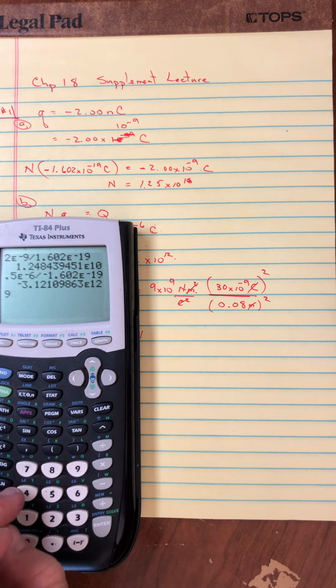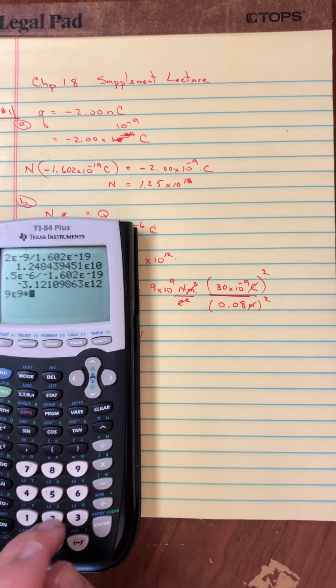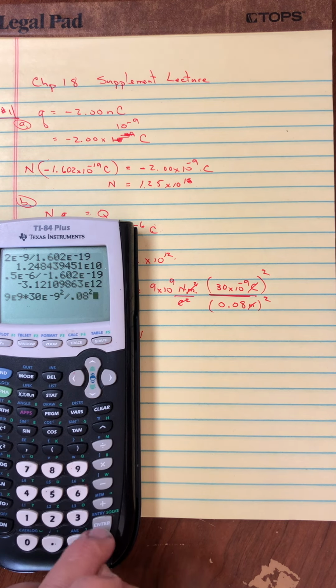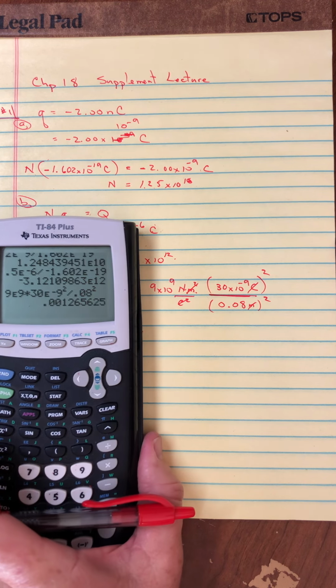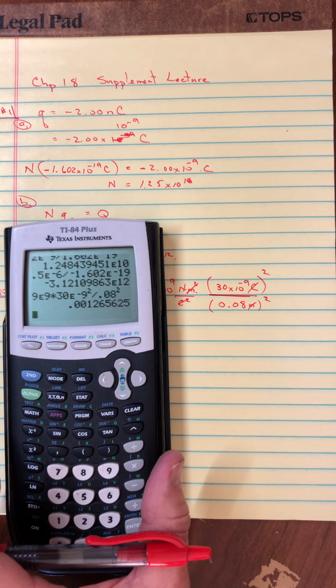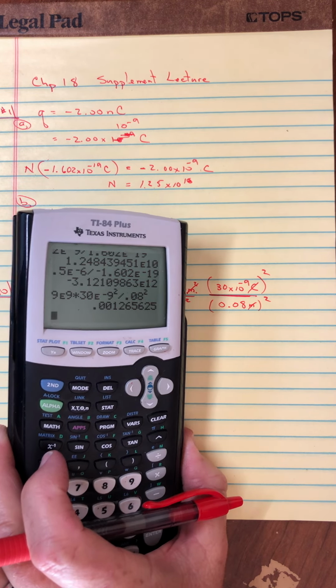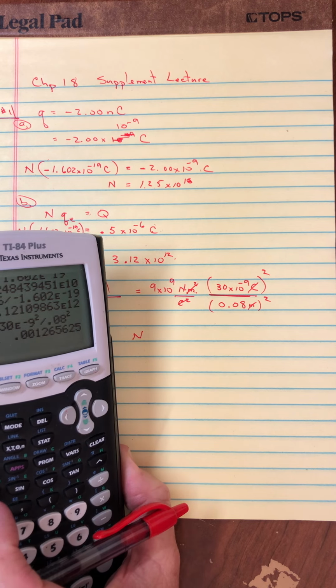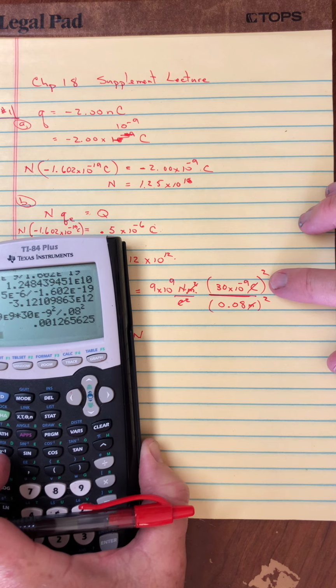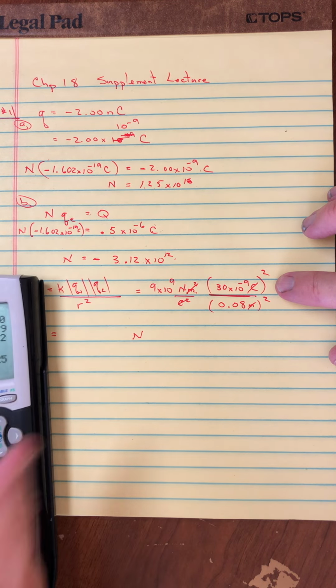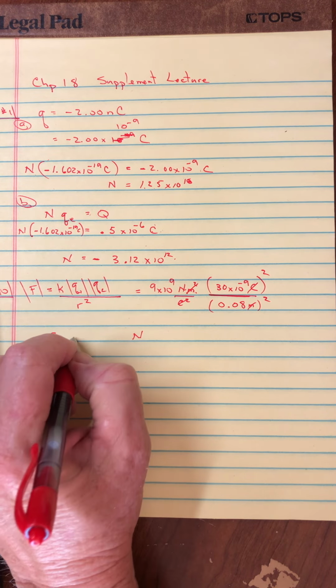All right, so putting in my numbers, I would say this is 9 times 10 to the 9th, times 30 nanocoulombs squared, then divided by 0.08 squared for the distance. And we're looking here at, I felt like I hit something wrong. 30 nano squared, 9 times 10 to the 9. Okay, and so this is a force of